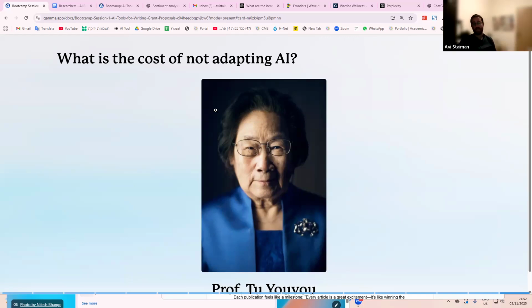Now, the issue is that she actually published her paper, her research, in Chinese as opposed to publishing it in English. I'm not saying it's a problem per se, right? I have no problem. I'm all for diverse publishing in different languages. But in practice, no one actually read her paper, or no one discovered it, because we know that because it didn't get cited for a few years. So essentially what that means is we had a cure for malaria and we didn't know it. And when I say we, I mean humanity, right? The world. We had a cure for malaria when millions of people were dying of malaria every year.